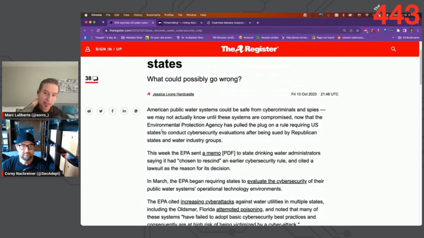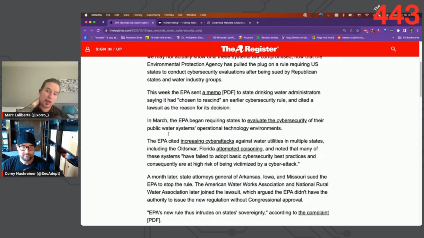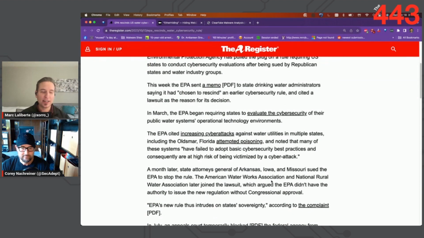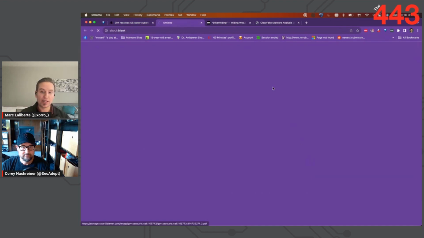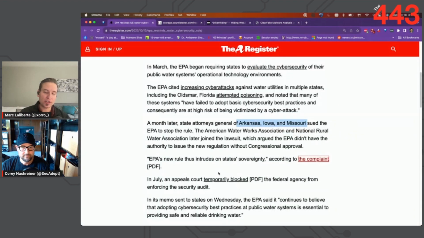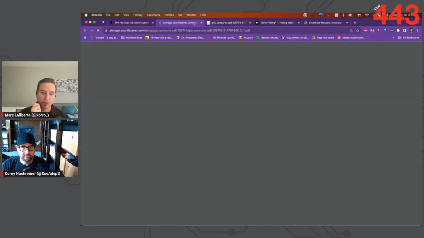But a few states, namely Arkansas, Iowa, and Missouri, decided that the funding and training was not enough and the burden was too much. And so their attorneys general sued the EPA to stop this rule. The American Waterworks Association and the National Rural Water Association also later joined the lawsuit, all basically arguing that the EPA does not have the authority to issue these new regulations without congressional approval.